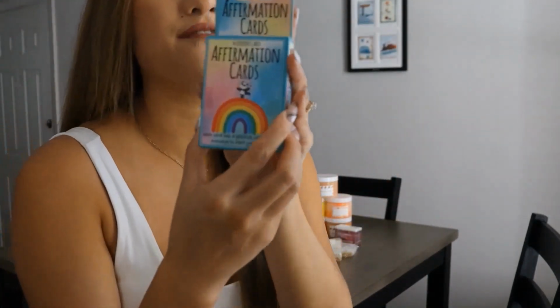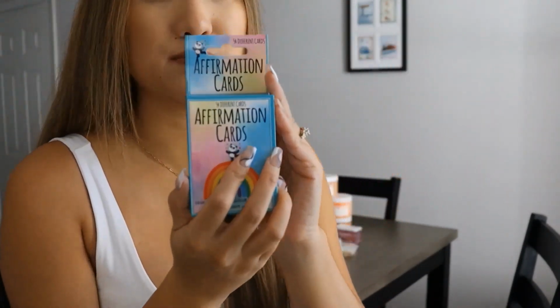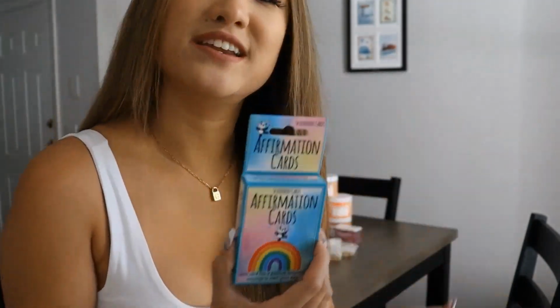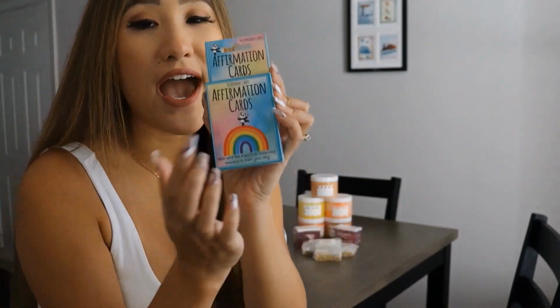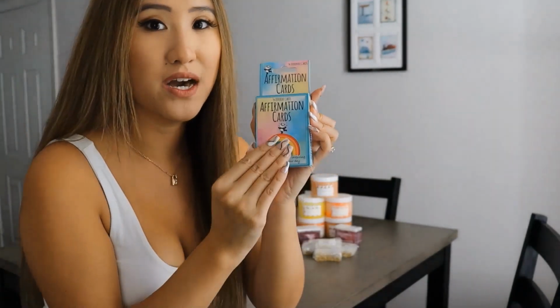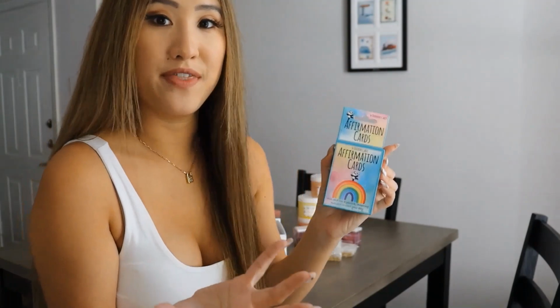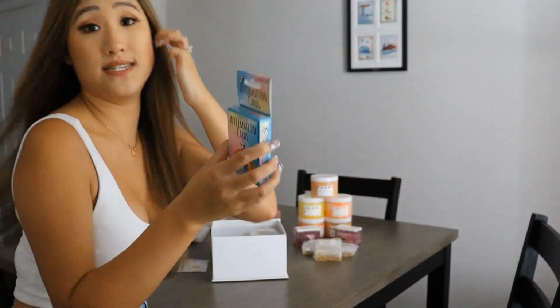In here we have affirmation cards, and I wanted to do this because all my girls need affirmation. We live in a world where sometimes it will knock us down, but having affirmation cards, something physical, something to spontaneously look through or flip or pick and then read, I believe that will set the mood for the day. And not only is it affirmation cards, I also have